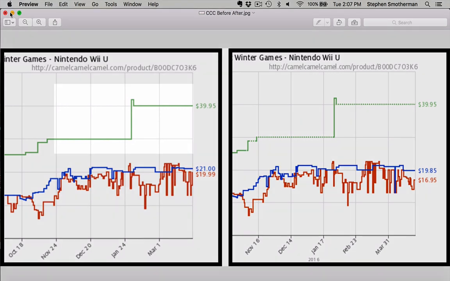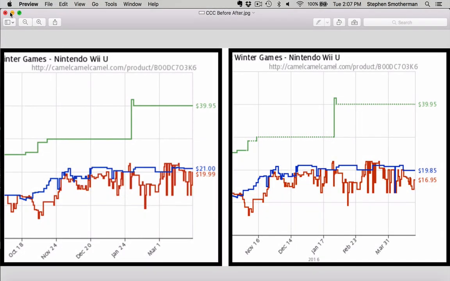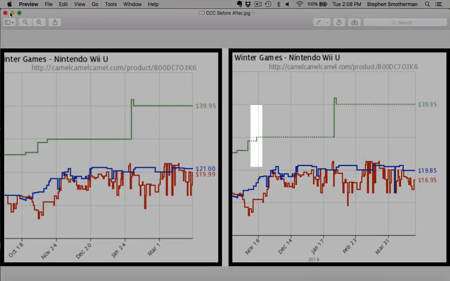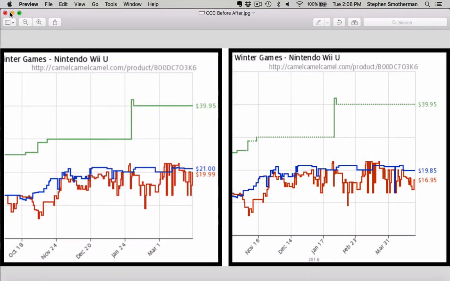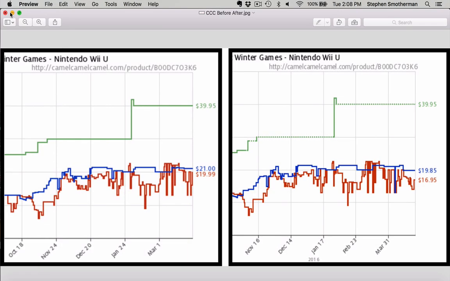And so you can see over here that there's a solid line, it goes up, and a solid line. And you know what? You don't know if Amazon was in stock or out of stock at that moment. But over here, in the new way of seeing it, you can see that it was in stock, but then it was out of stock for a while, then it was back in stock, where it was a solid line, but then out of stock again. And so you can get a better understanding using Camel when Amazon is in or out of stock,